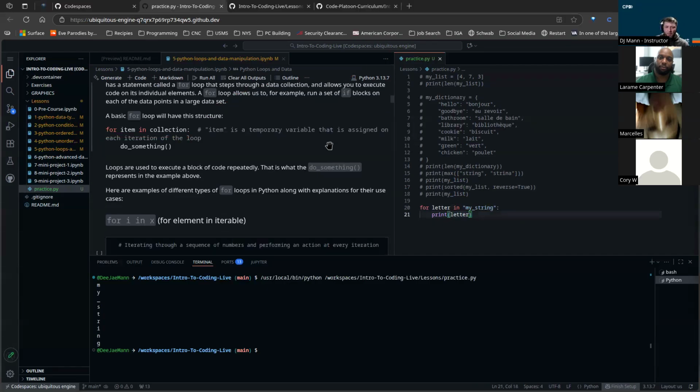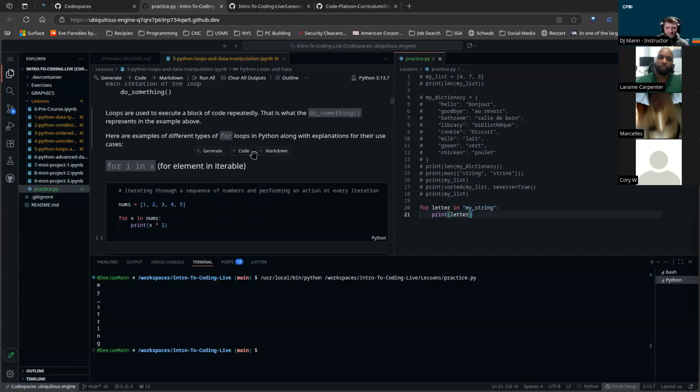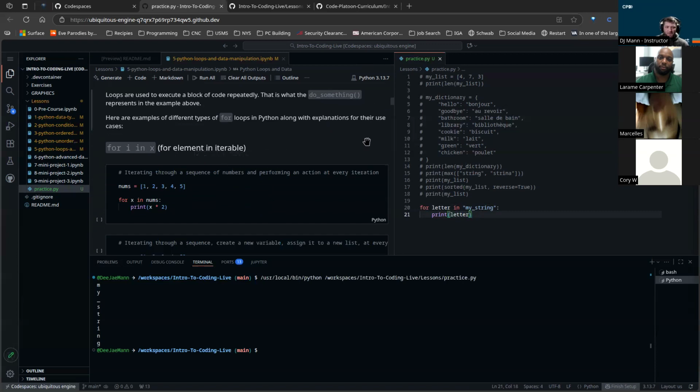So that's a broad overview. Like we've got right here, for i in x, for element in iterable. What you'll notice is that a lot of times you'll see the letter i a lot. I usually is short for index, or you might see x, like you see right here in this one, running through the nums list. So if we run that, we'll see that